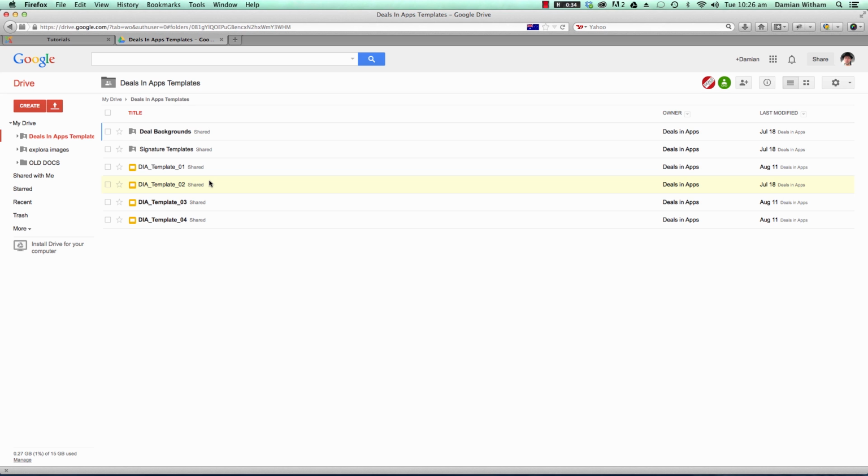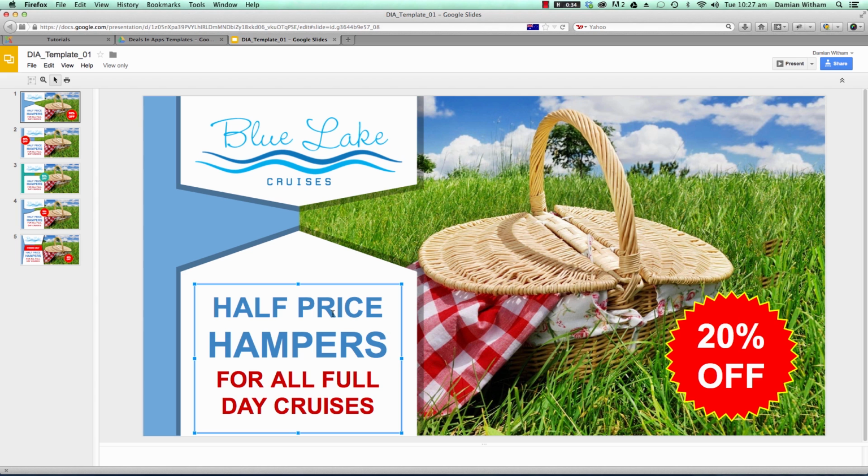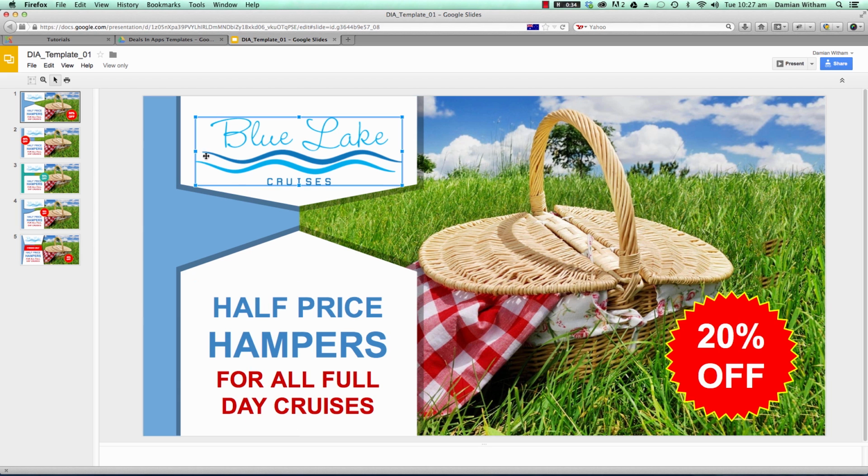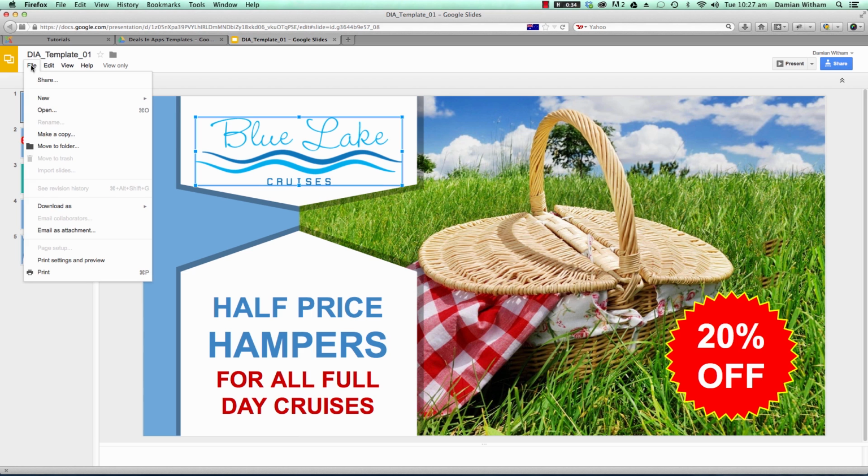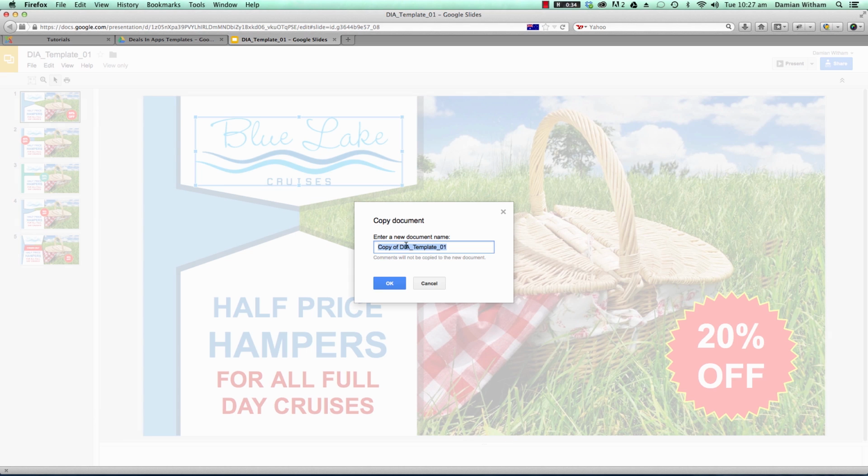So I will go through a couple of these and just show you how the program works. Firstly, we'll open up this one. Now you'll know that these ones are read-only, meaning we can't make any changes to these, so we do in fact need to make a copy. Now we just go to the File menu and select Make a Copy, and just rename that whatever you like. You'll see it opening up in a new tab,